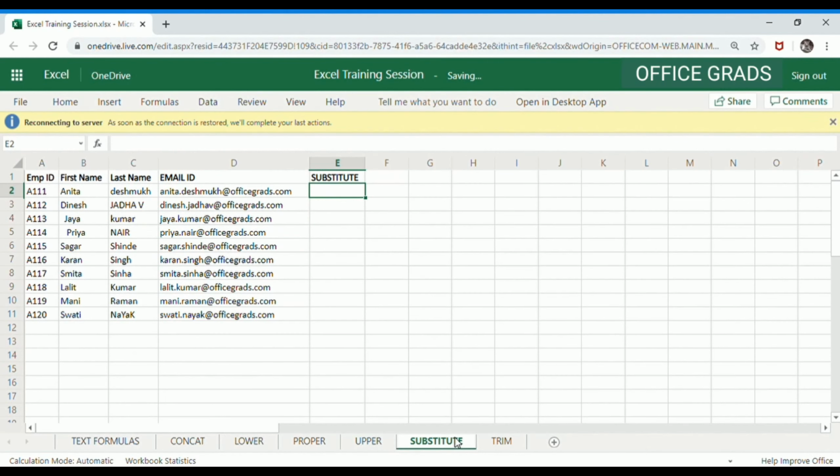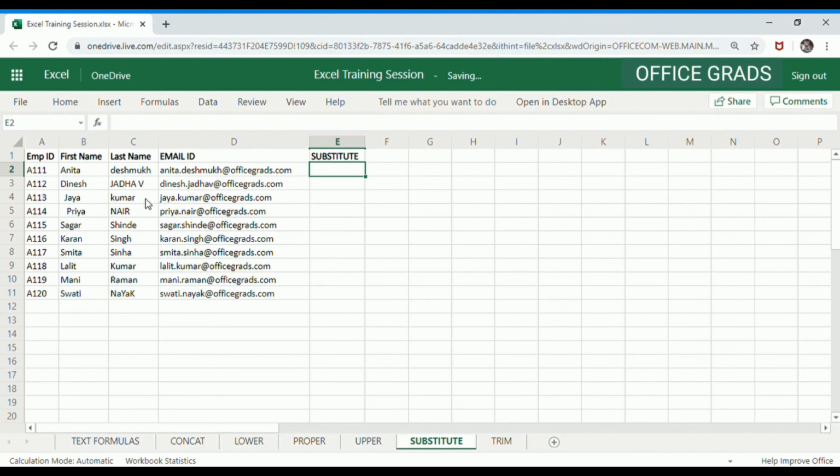So if you want to remove spaces between two different text strings, you have a formula called SUBSTITUTE. The name itself suggests it is a substitute, right? That means this works like the find and replace function of Microsoft Excel. So let's say you have the space in between and you want to get rid of it. You want to find the space and replace it with non-spaces or non-blank. So how can you do that?